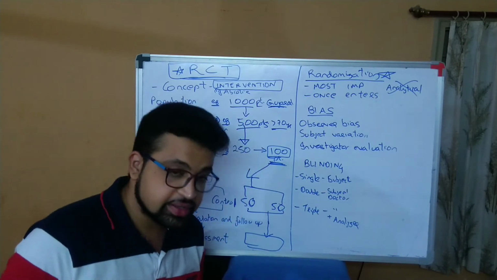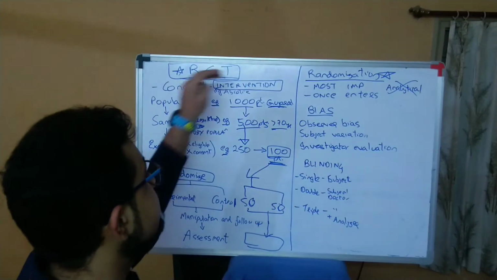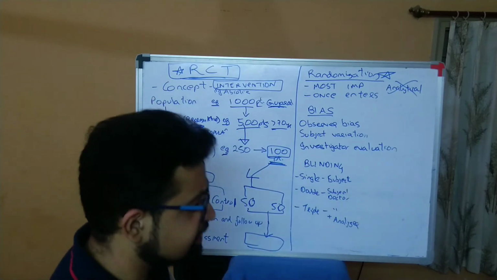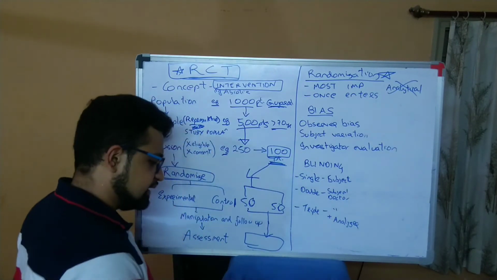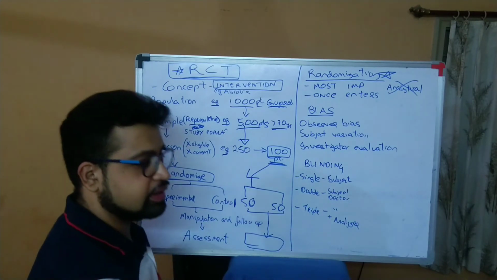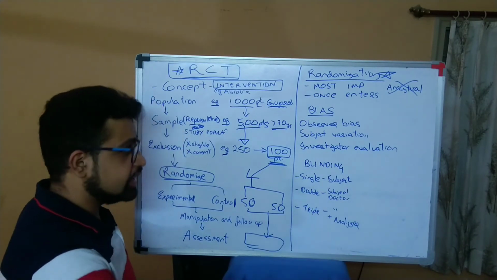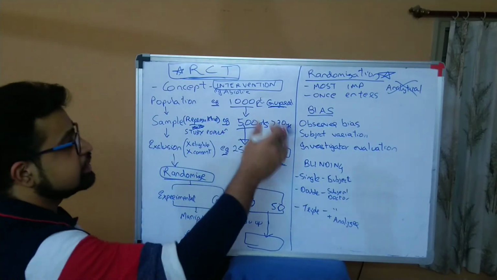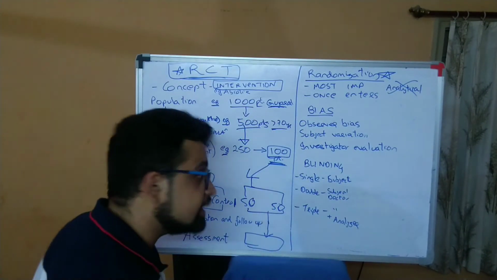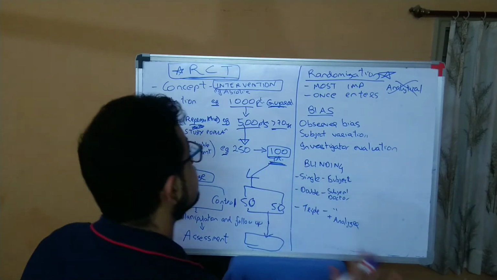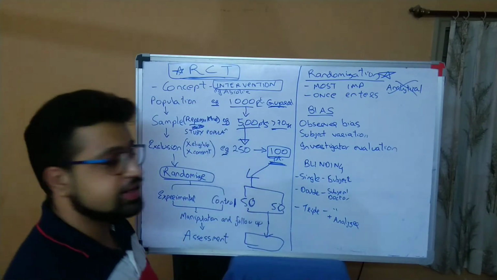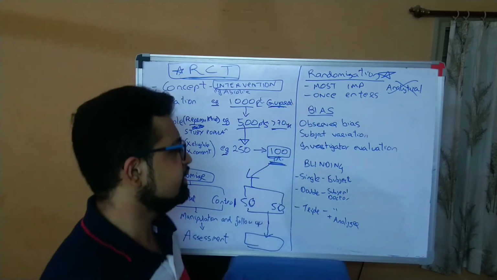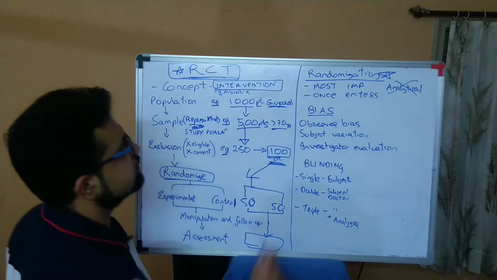The classic difference between analytical and interventional study is randomization. In an analytical study, we don't do randomization. Obviously, in case control, there are 100 lung cancer patients and 100 controls. There is no randomization in that. All those are patients having diseases. These are patients in which we are studying the effect of the intervention, that is the drug in our case, right? So that is the most important part. Randomization.